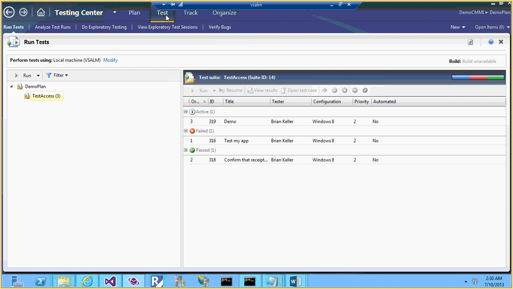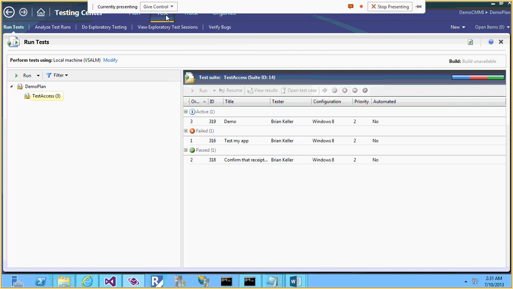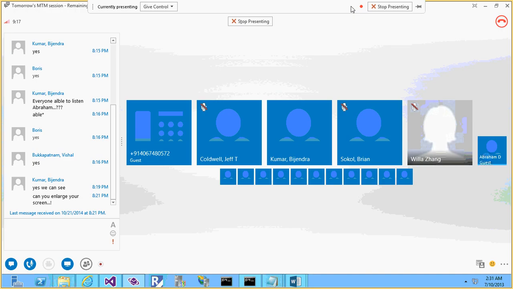All of a sudden, at a particular point of time, you encounter a bug, and you don't know how it has actually come up. Probably you cannot reproduce the bug. There are scenarios where there's a bug but you cannot reproduce it. You cannot tell your development team that there's a bug when you don't know how it actually came up. So in order to overcome such scenarios, there's something called exploratory testing, which is an out of the box functionality of